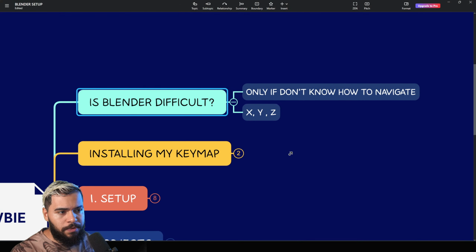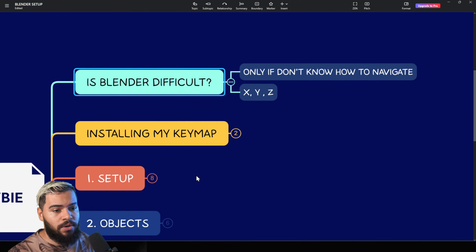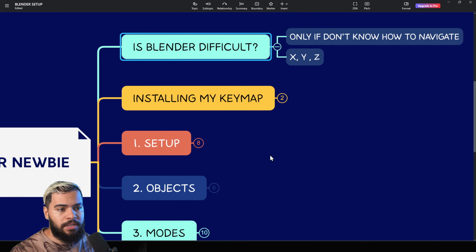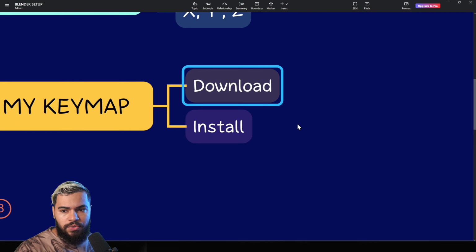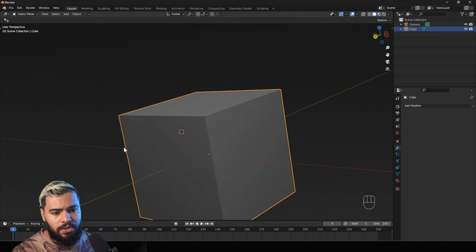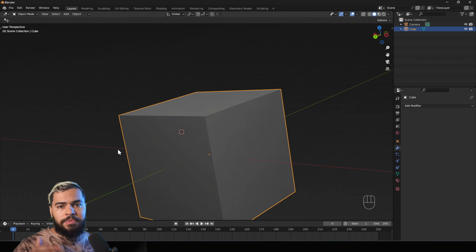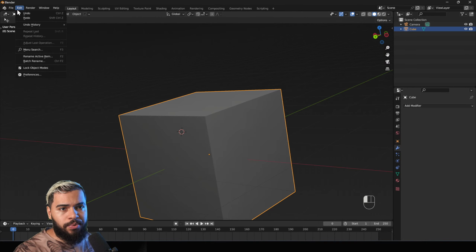But of course, before we get started on how you can accomplish Blender the best way possible, you need to install my hotkeys, which are the shortcuts, alright? Basically, you need to download and then install. To give you this instruction, you go to the website that I will make available for you after this stream. And once you download, you need to go here in preferences.